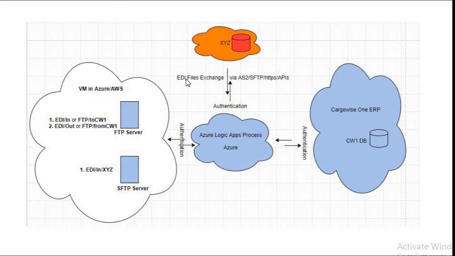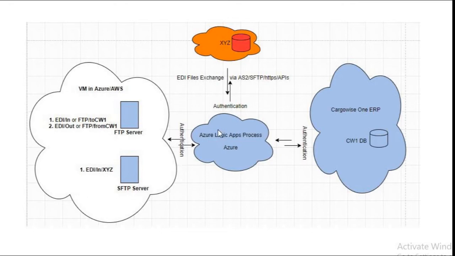So this EDI file has to be exchanged with the Cargowise One, but in order to do that, mostly what Cargowise One prefers is XML data. So this EDI files which come from partner has to be downloaded through some SFTP server or pushed to SFTP server. Then from there, say like there is a path called EDI in XYZ wherein they push the file, and